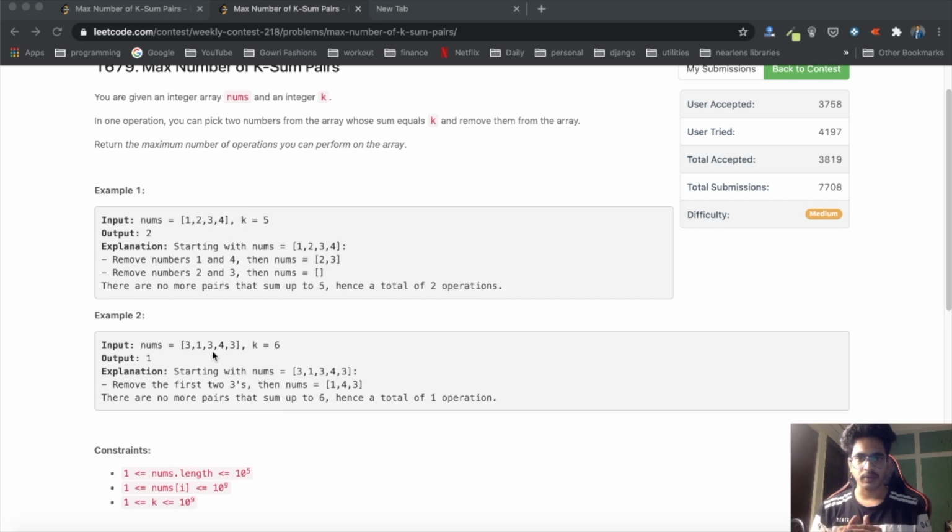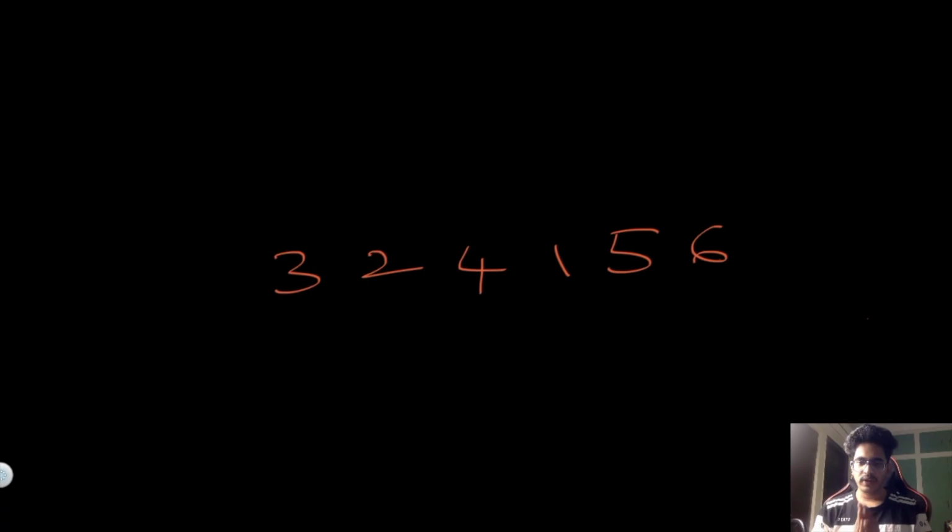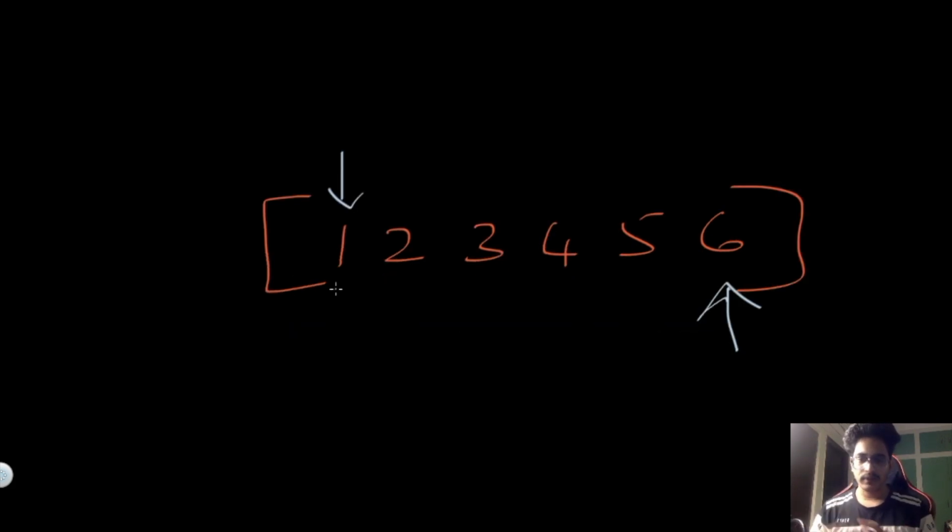So let's dive into the solution. Let's take an example of 3 2 4 1 5 6. I'll be using the two-pointer technique to explain this example. First I'll sort this particular array. As we can see, now it is 1 2 3 4 5 6. Now, on our sorted array we'll use the two-pointer technique. The first pointer will point to the first element, and the second pointer to the last. We'll add the values of the first and second pointers, that is 1 plus 6, which is equal to 7.